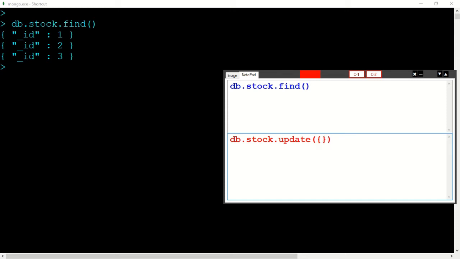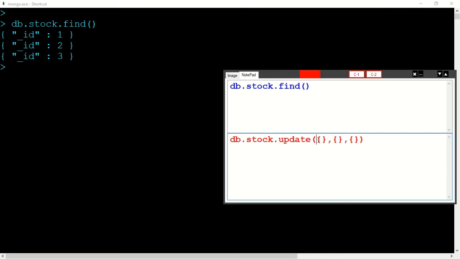The first parameter is the query and the second parameter is the update. The third parameter is optional, whether you want to give it or not. But the first two, query and update, are the ones commonly used.